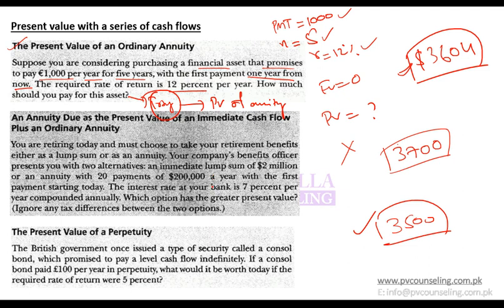Is your calculator in ordinary mode? So you plug in your values and check them: press recall and n, recall n, 5, then press recall and I/Y, recall and PV, recall and PMT, recall and FV. You wouldn't have removed the number from FV. What is it? 0. Now compute PV.